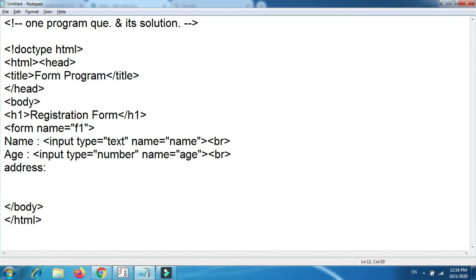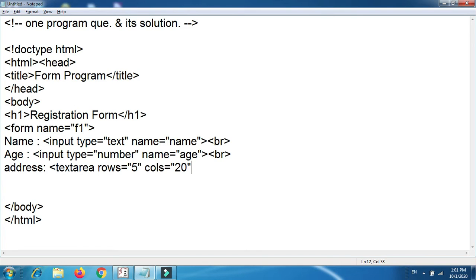Now inside we have to use the textarea tag, because textarea is a pair type of tag, and we require rows equal to 5, cols equal to 12 or 15, or you can directly put 20.